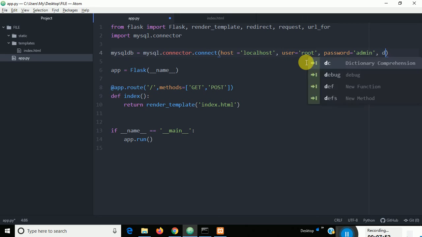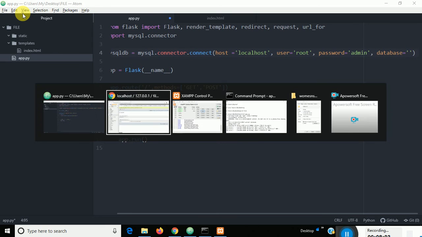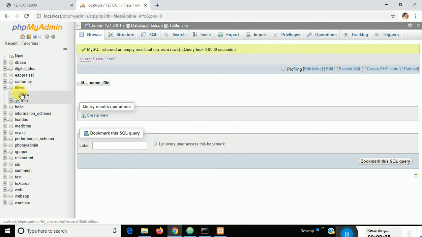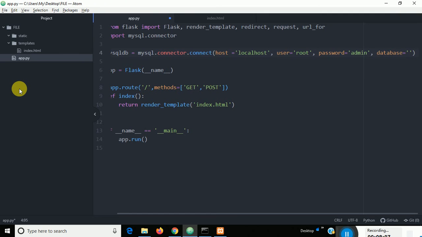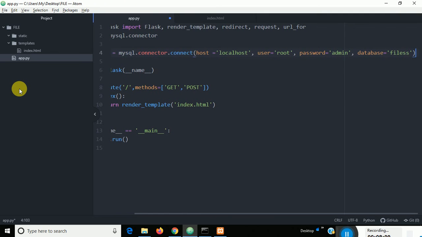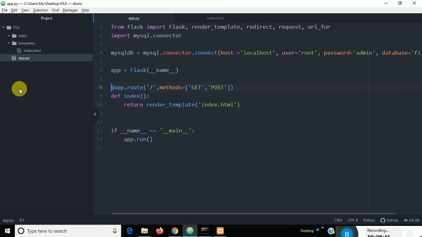Next, database equals the database name I had given, which is files. So right now I have created the connection.